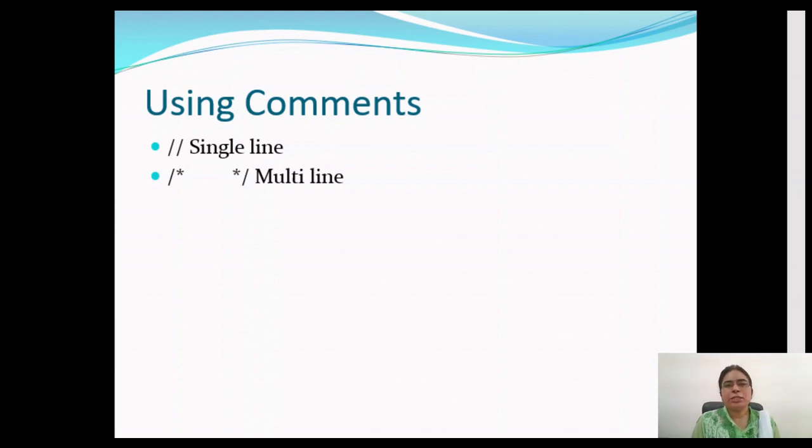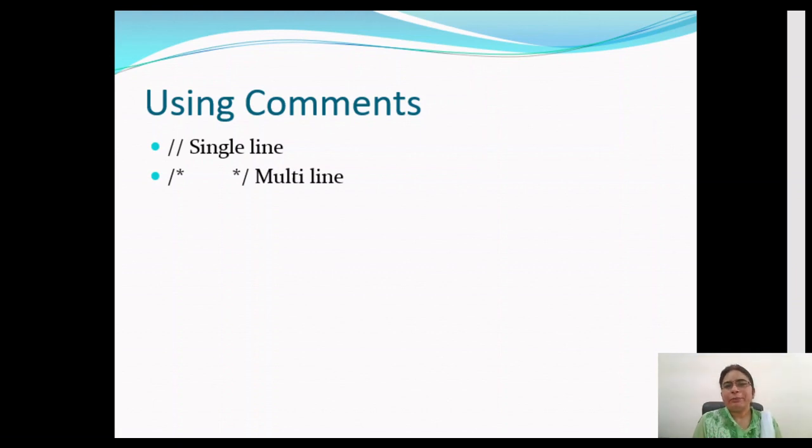So in such cases, we generally write comments in the code. These comments are ignored at the time of compilation. These are statements that do not get executed, but these comments are there in the source program, so we can identify for what purpose we have declared the variable, for what purpose we have made the function, and what is the logic behind the function.